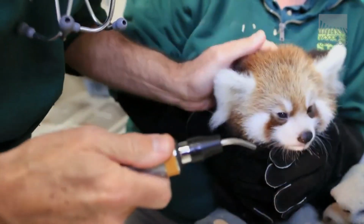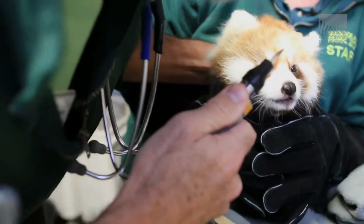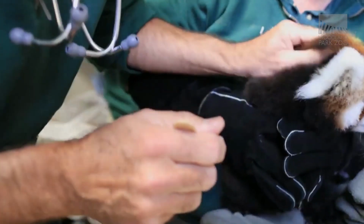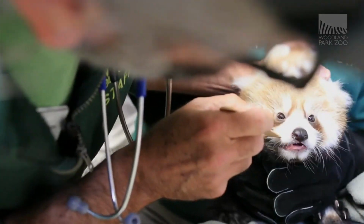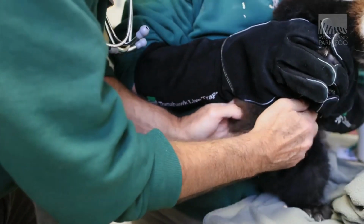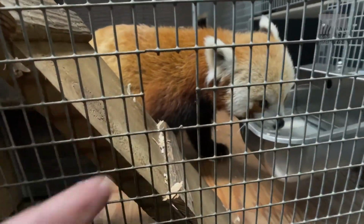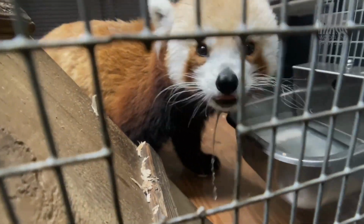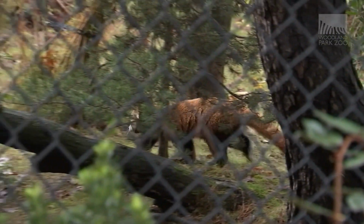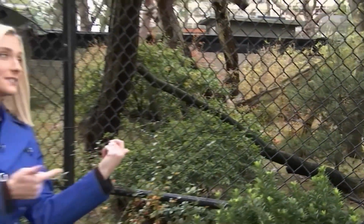Shining a light to check his eyes. Come here. Hey. Hey. Don't forget to say, ah. There you go. We're pretty sure Carson doesn't speak English, but you've got to give him some props on the bedside manner. Don't feel your tummy. What makes Carson special is just that complete trust that he has in us and that we have with him as well. Let's be real, Carson will probably gain even more followers once he moves out of this exhibit